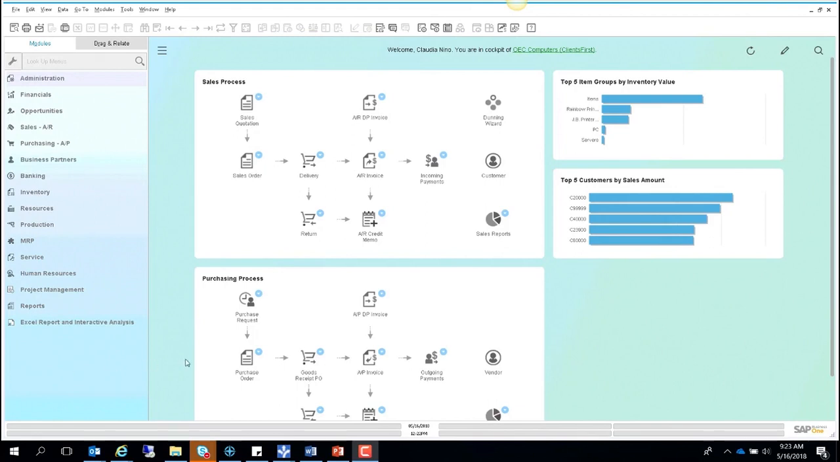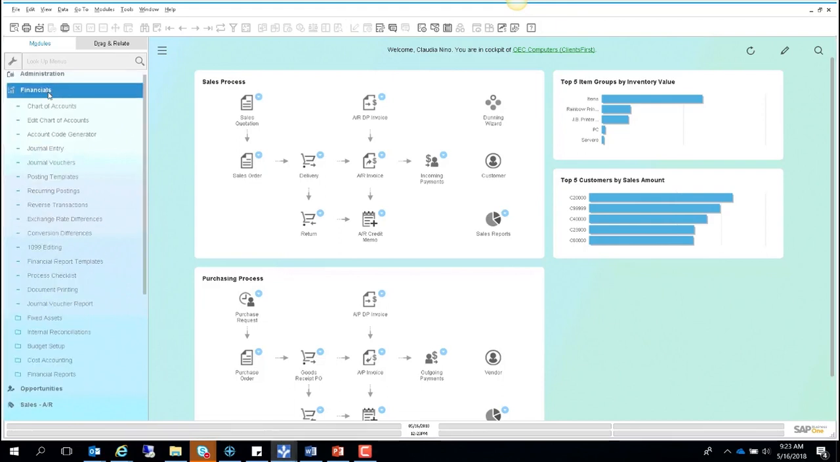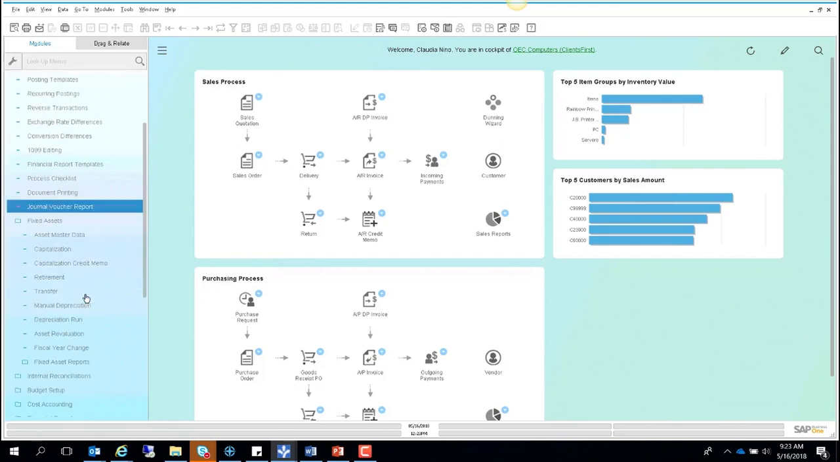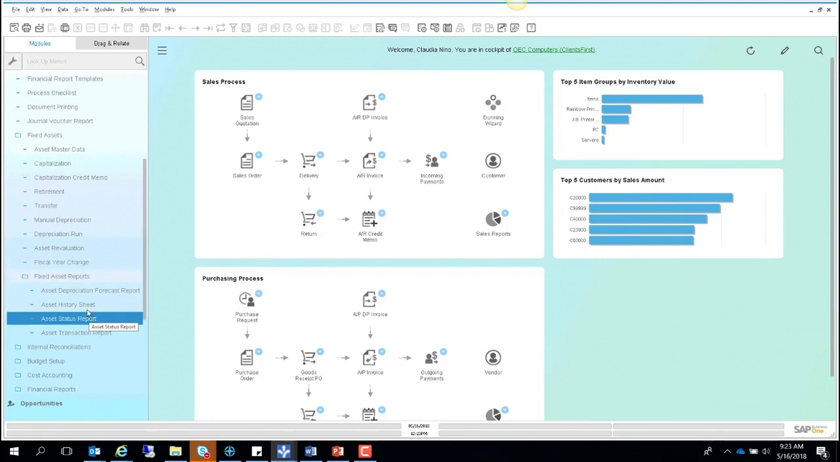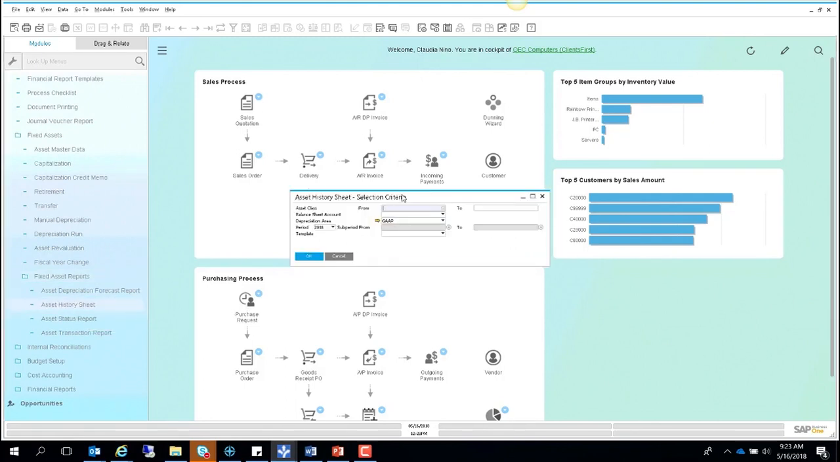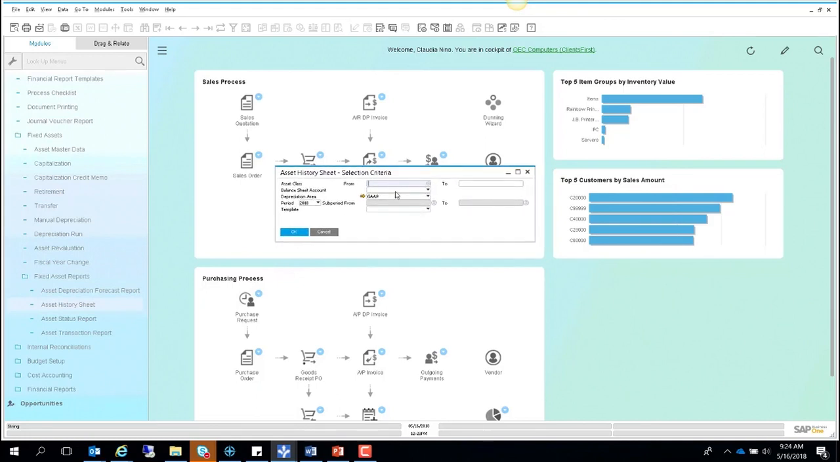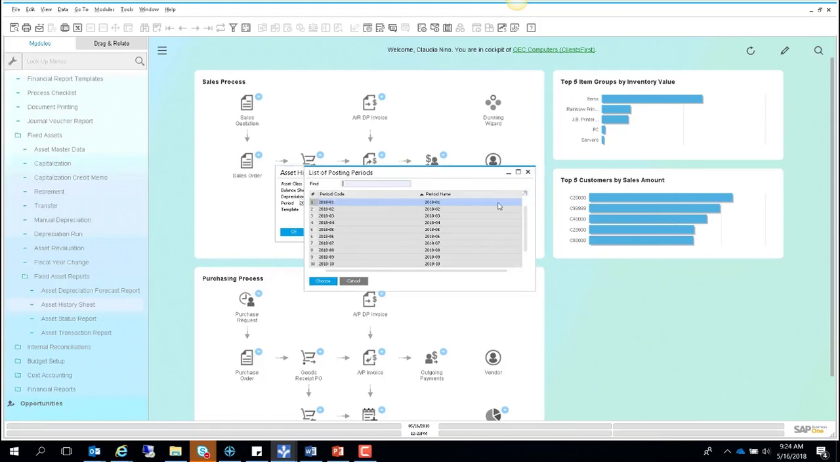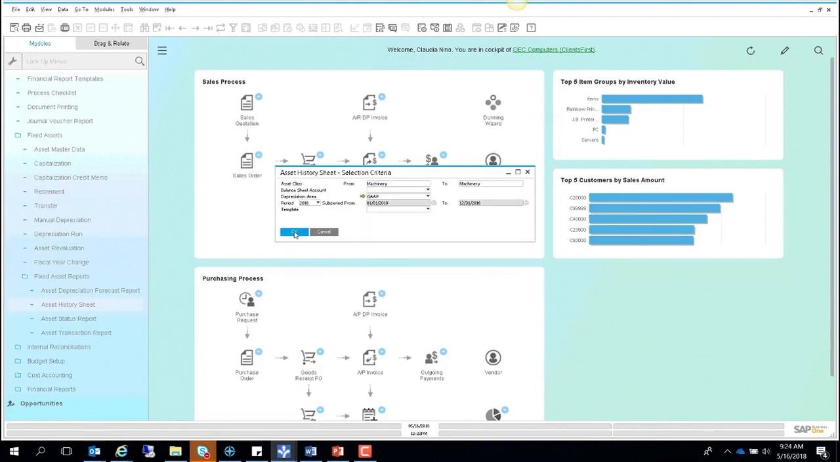A very useful tool that allows us to look at the status of our current assets in the system is by going into Financials, Fixed Assets, Fixed Asset Reports, and clicking on the Asset History Sheet. From here, we can see what has been depreciated for a particular asset classes throughout the year, and what we expect our net book values to be at the end of the year. Let's say that I want to look at machinery. Period 2018, and I select from the first of the month until December 2018. I click OK,